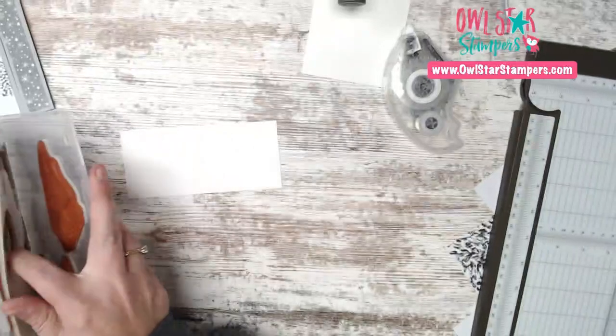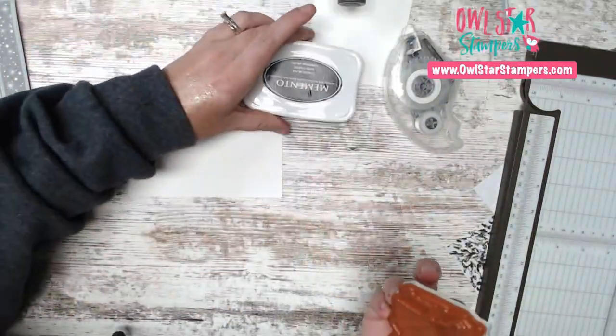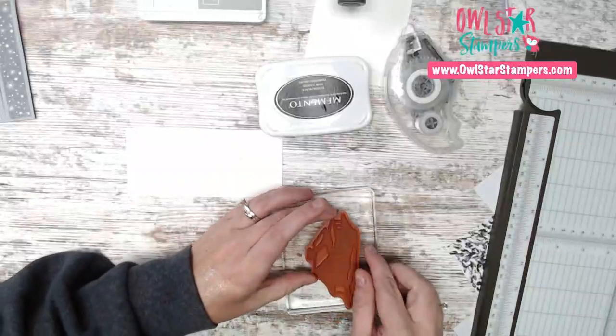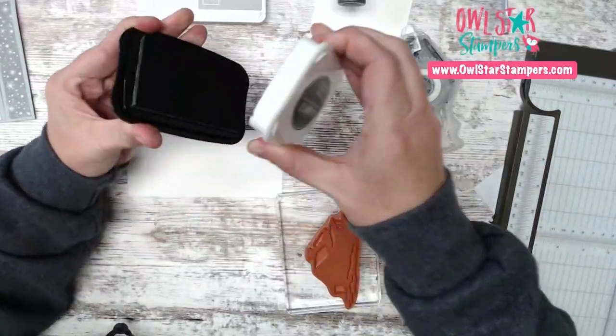And so I'm going to grab this one. I need a bigger block, and I'm going to stamp it in Memento ink. And I will need Smoky Slate ink as well in just a minute. So I have my little cabin,